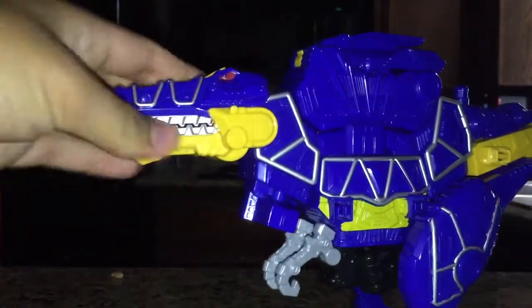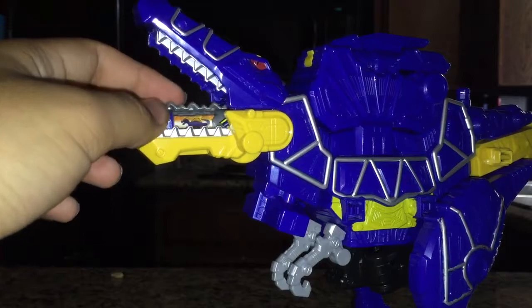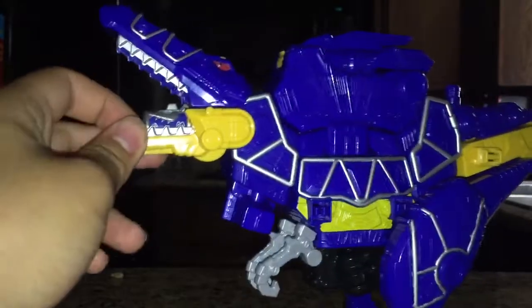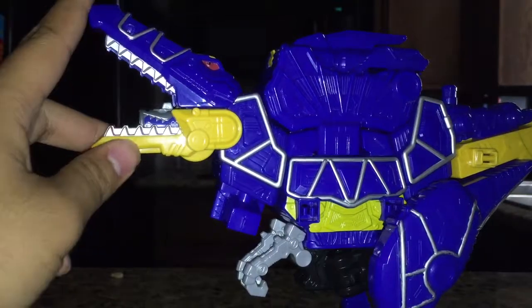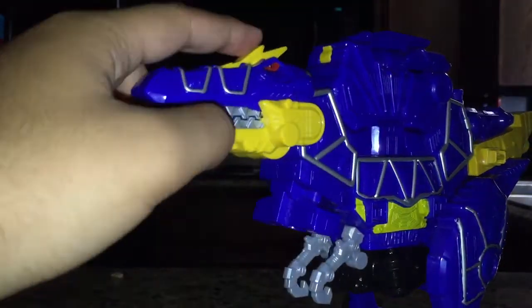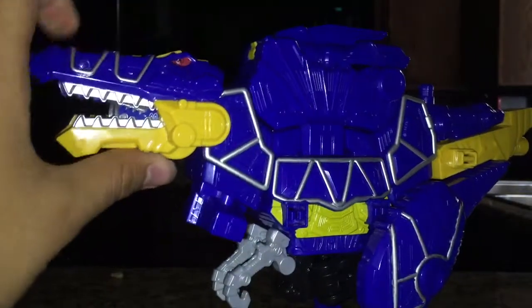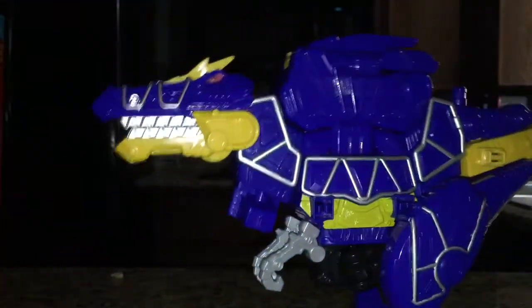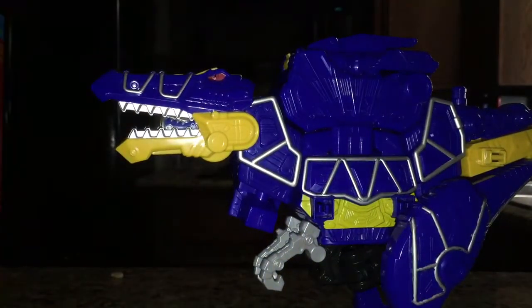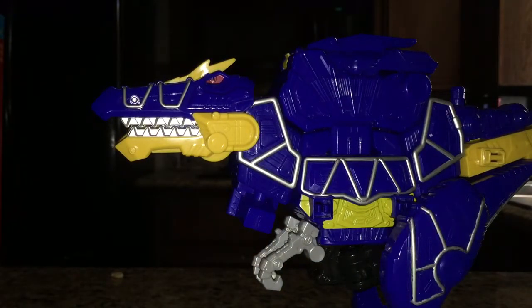Of course, you can insert the Dino Charger into his mouth. However, instead of causing a boomerang to flip out, when you lock it in, nothing happens, but he has frills just like Gabutira or the T-Rex Zord, which if you push down while there's something in his mouth, will kind of make it like that. Which I will admit does hide the...